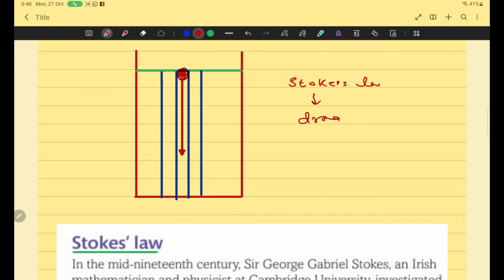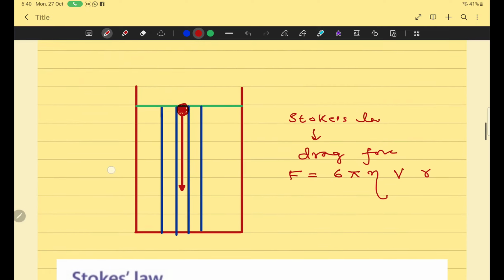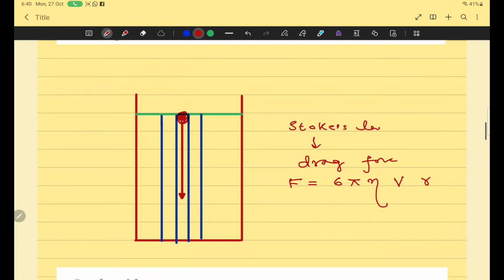according to Stokes' law, the drag force is equal to 6 pi eta VR. 6 pi eta VR. And I should write a proper sentence. Write this: when a solid object, it may be a solid sphere, it may be a solid object, when a solid sphere